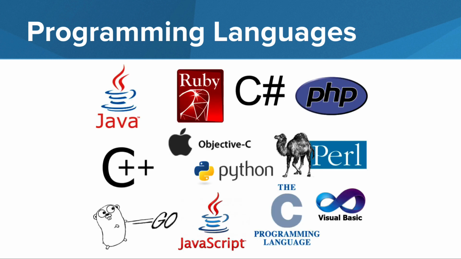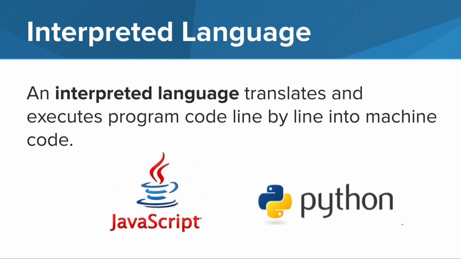There are many different types of programming languages. Some are considered high-level languages, which means it's easier for humans to read, while others are low-level languages, which means it's easier for a computer to read. Interpreted programming languages translate code line by line. This would be similar to giving a person a list of instructions, but only one at a time. You would read your first instruction, and your friend would immediately follow that step. Then you would read the second instruction, and they would do that step as well.